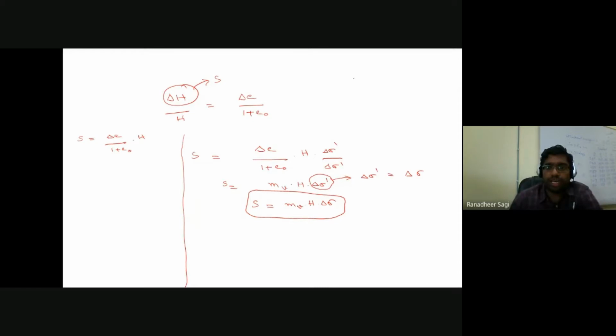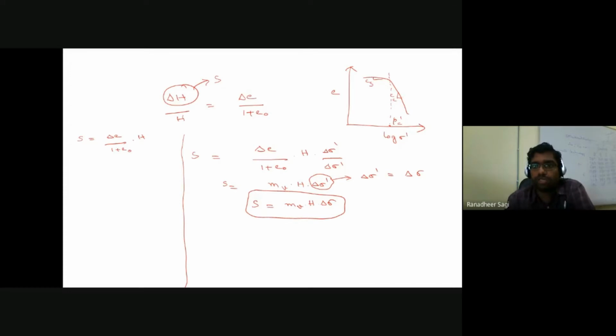Now, if you look at your e versus log sigma dash curve, what we plot from the consolidation test data, we get some curve like this. The slope of this portion of the curve is what we call Cs. The slope of this portion of the curve we write as Cc. Somewhere in between this region, there is a point which refers to your maximum past pressure, which we can calculate based on the approach we have discussed.